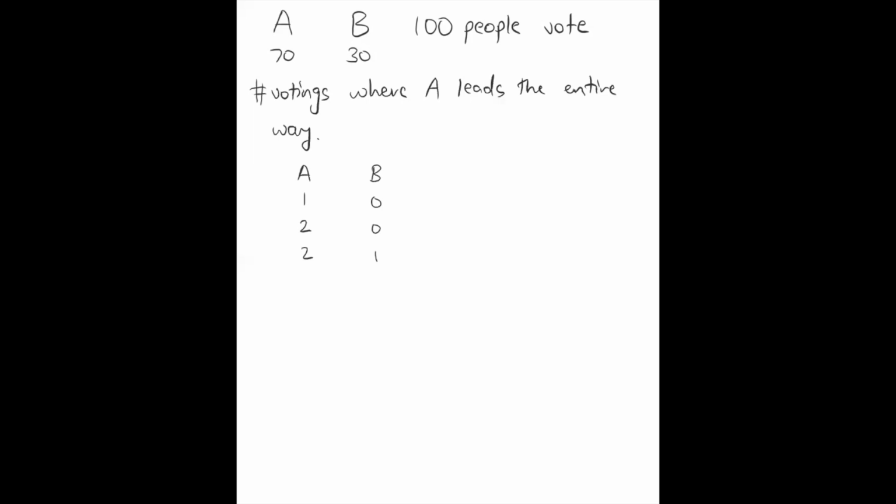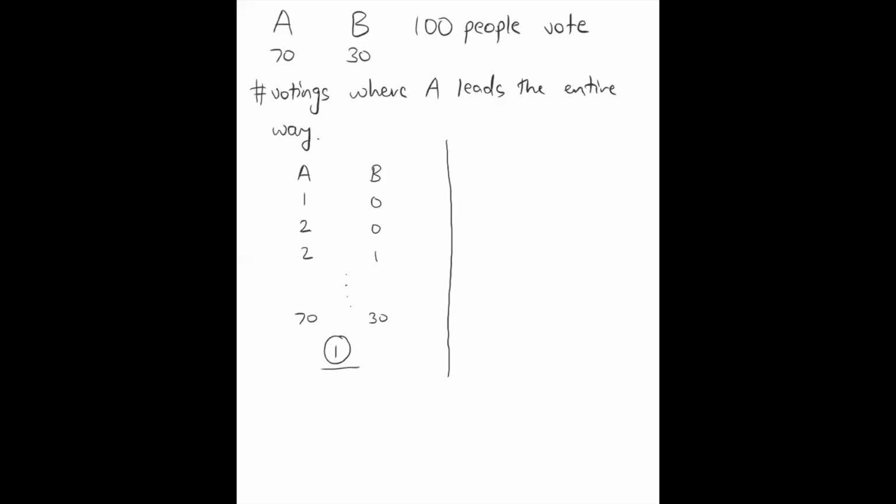It will go on this way, and then finally it will end with A getting 70 and B getting 30. This kind of scorecard completely describes a voting sequence. So this is one way of representing the voting. Now I'm going to suggest another way of representing a voting, which will be equally accurate, in the sense that if I give you one voting of this type, I'm going to get exactly one thing of the other type. So what is the other way of representing a voting?